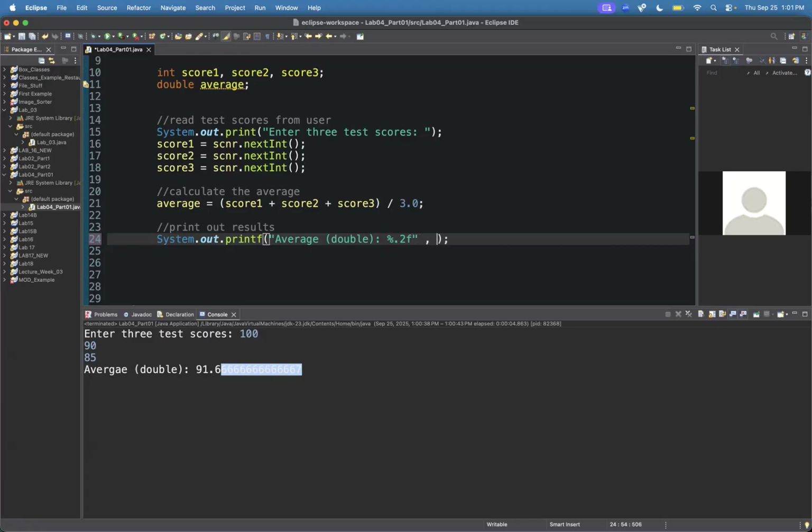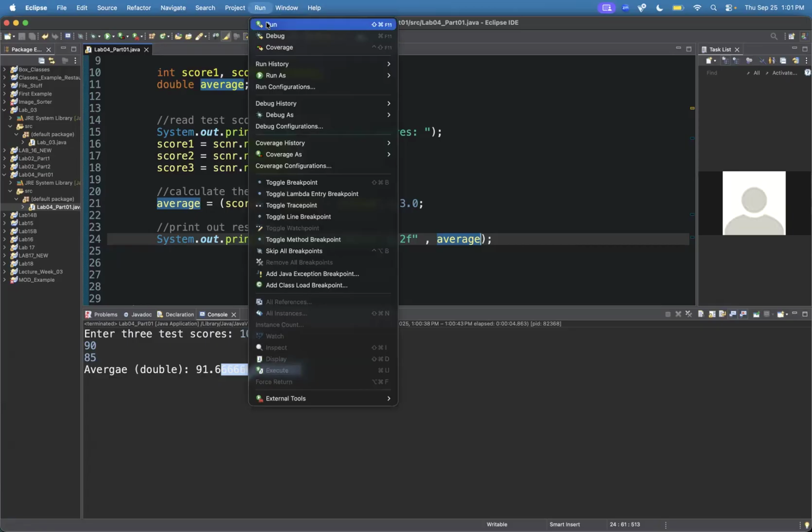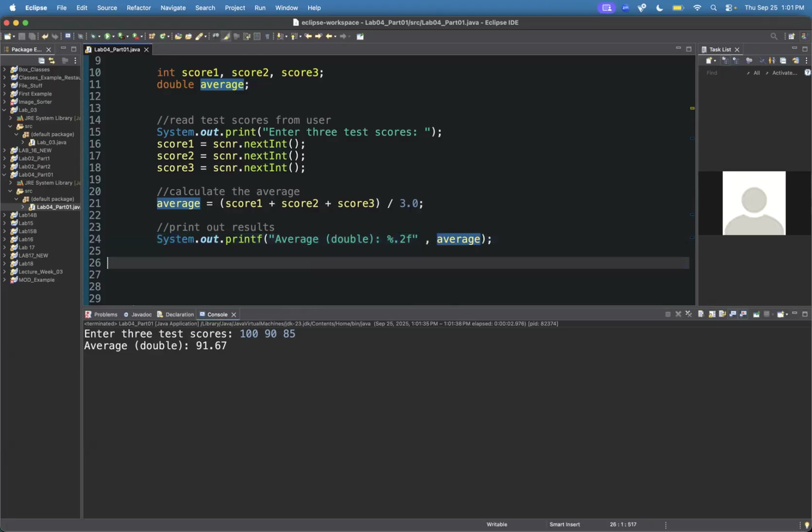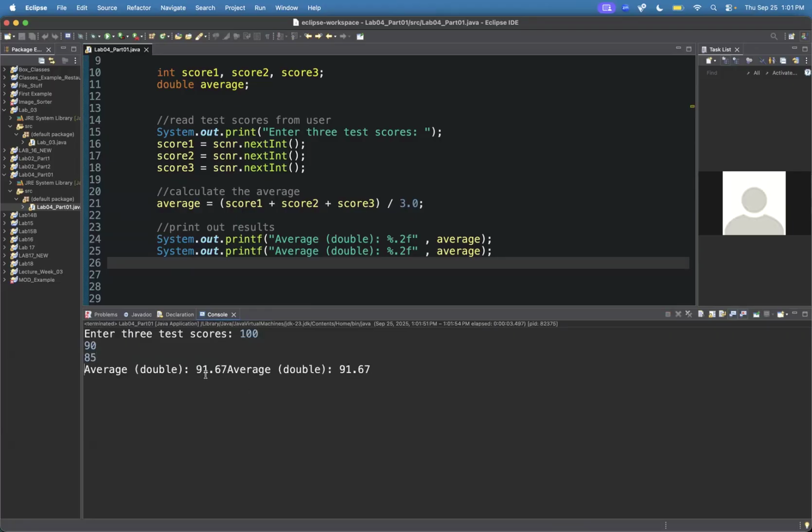And then a comma, average, like so. Now, if I do this, so we'll go 100, 90, 85 again, and it prints to two decimal places. Now, the other issue with this is that if I did this, we have to print it out again as a decimal, but you'll see if I run this